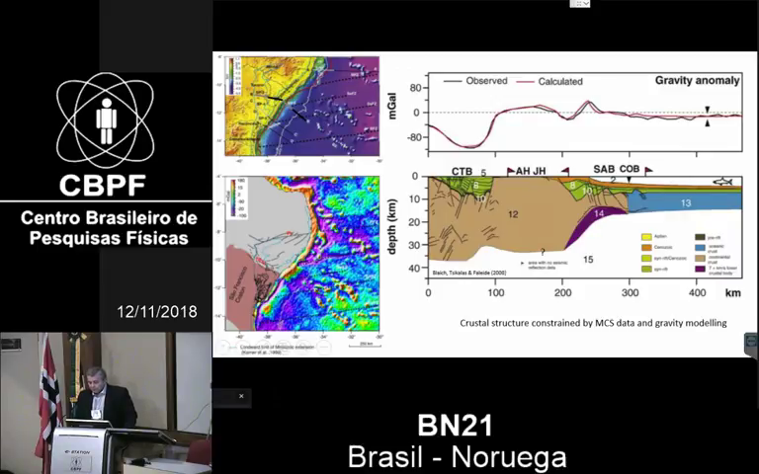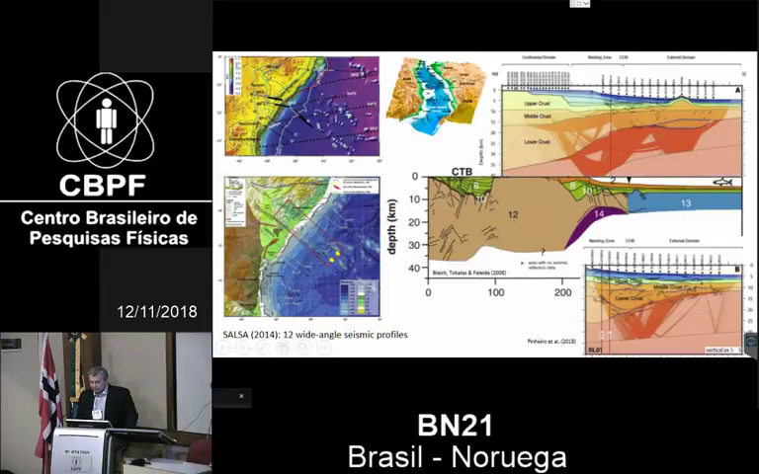onshore and offshore, but we didn't have wide-angle refraction data. So we had to rely on the results of gravity modeling to get a first-order crustal configuration. Now, recently, a lot of wide-angle data have been acquired in this part of the Brazilian margin, and it's interesting to see how it more or less follows up on the first-order crustal geometry. It puts the continent-ocean boundary more or less in the same position as we had it in the previous data